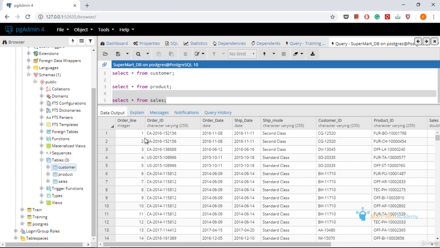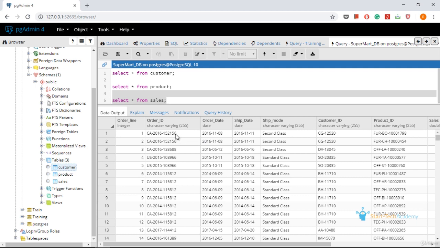So each order has a unique order line, and within that order line, there is an order ID. With that order ID, there is a customer ID and a product ID associated. Using this customer ID, you can see the details of the customer in the customer table. And using this product ID, you can see the details of the product in the product table.